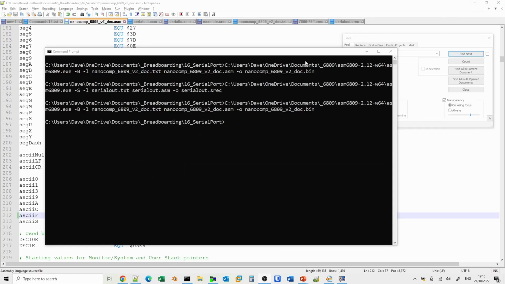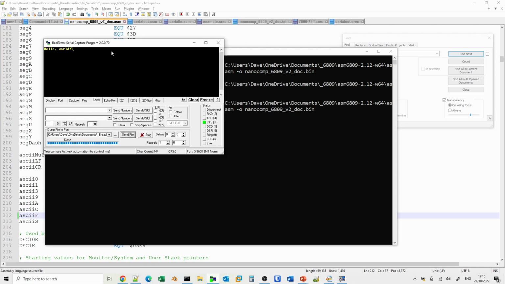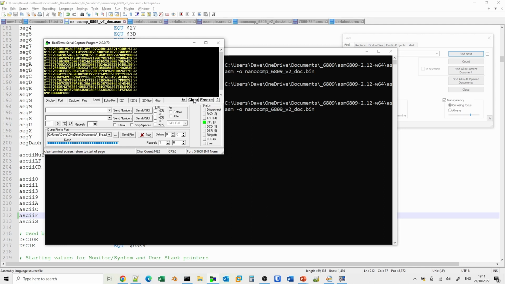So if we get rid of XG Pro and we go back to our terminal emulator. Okay, so what we want to do here is to send this, and we should see that there is an FC on the end rather than a VC. So if I just type in F, and now we see in the end here, yeah, we now have got FC, so that should be okay.